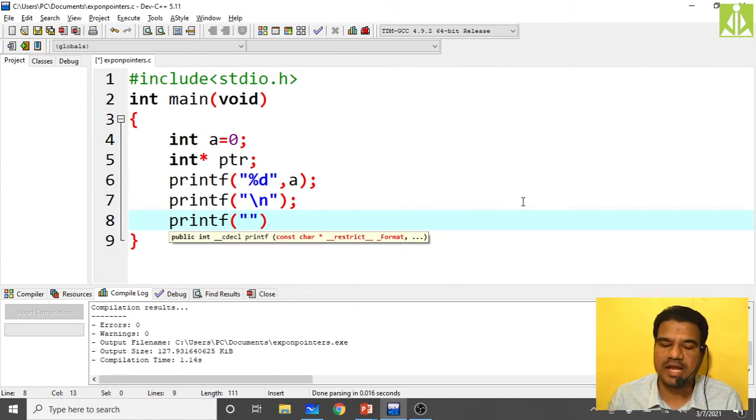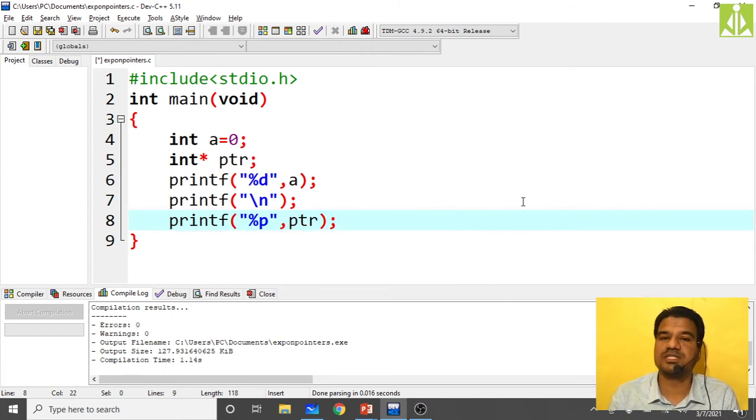I have only declared ptr and have not initialized it, not storing any address in it. Since ptr is a pointer variable, ptr itself holds the address, so there is no need to use the asterisk.